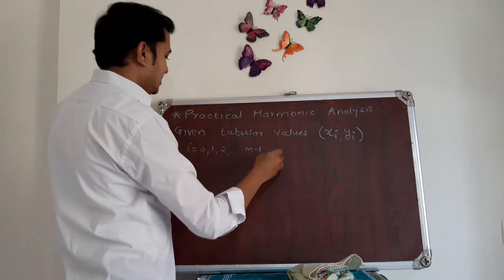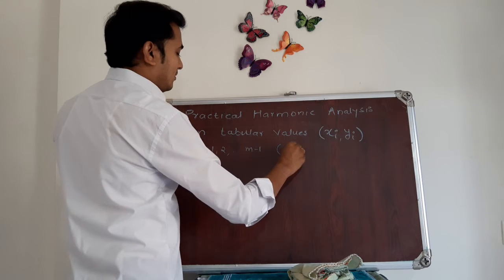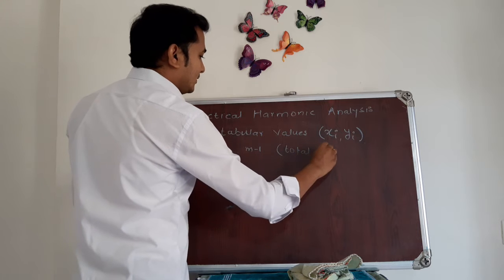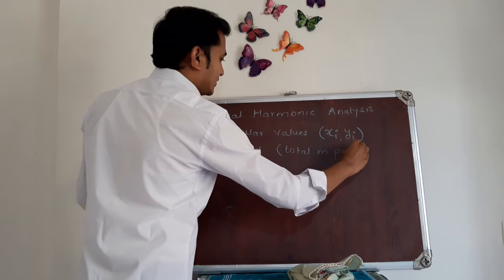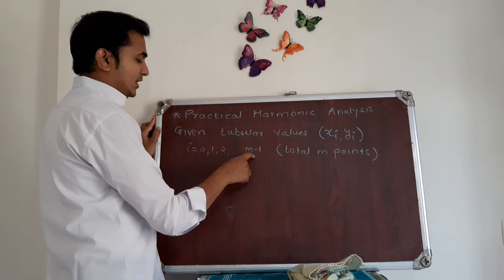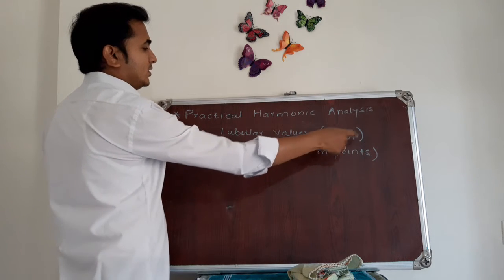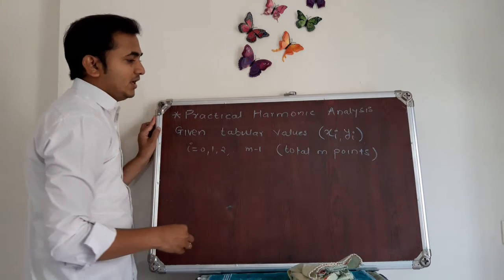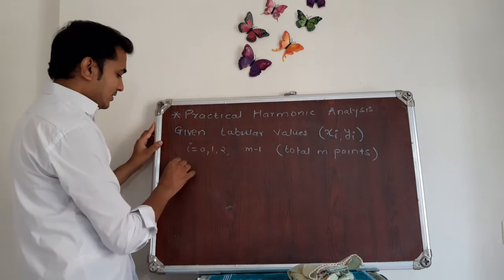How many points are there? Total m points. So total number of points are m, where